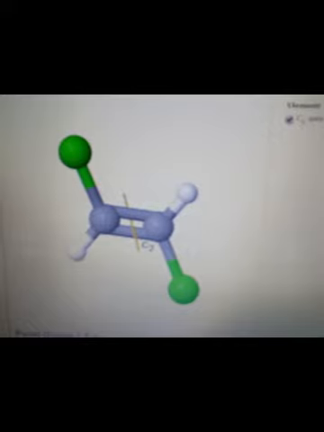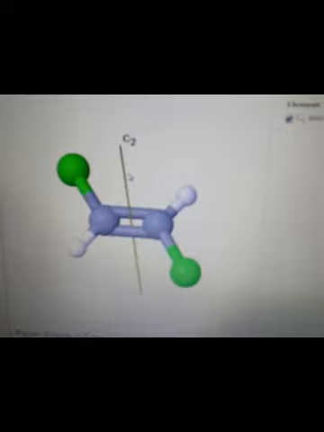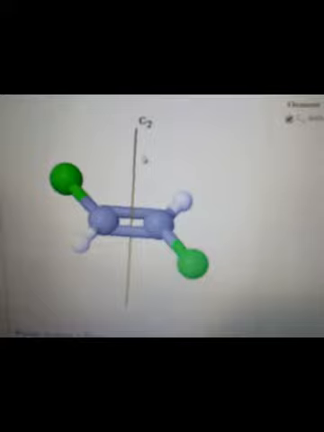Whereas if you look at the plane of symmetry, since it is the C2H point group, it should have sigma h, that is, a horizontal plane of symmetry is present in this molecule. As we know, the plane which is passing perpendicular to the principal axis of symmetry is called sigma h. Now here in this molecule, C2 is the principal axis. It has only one rotational axis, that is C2. Therefore this C2 is the principal rotational axis of symmetry.